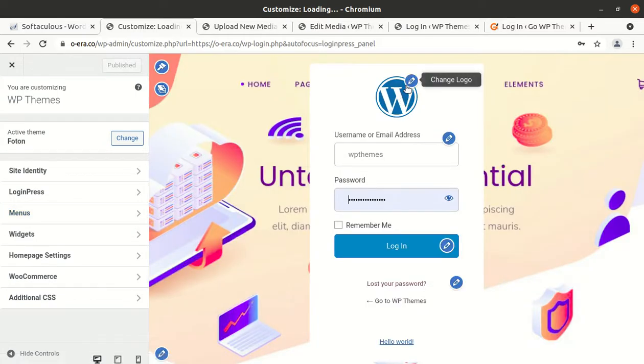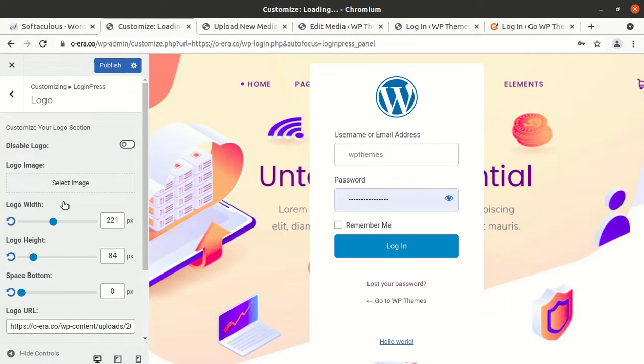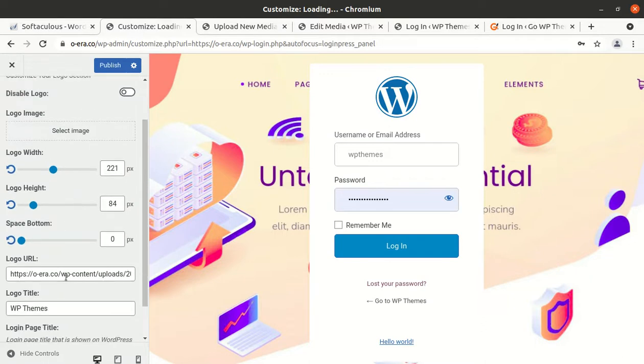And this logo is not working. Let me check why this is. Okay, sorry, so I made a mistake.